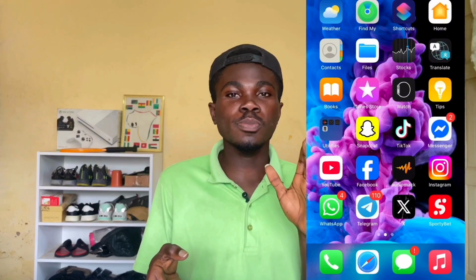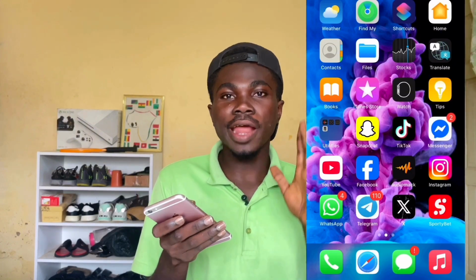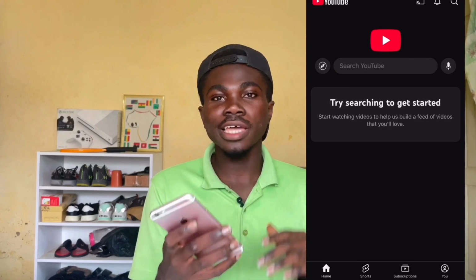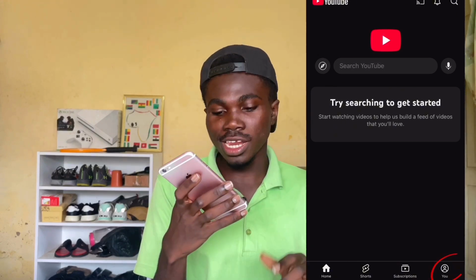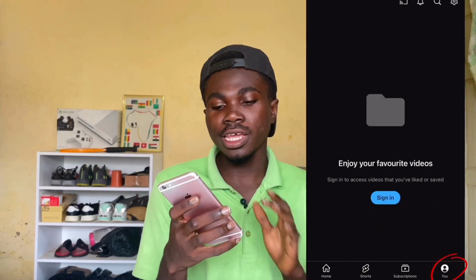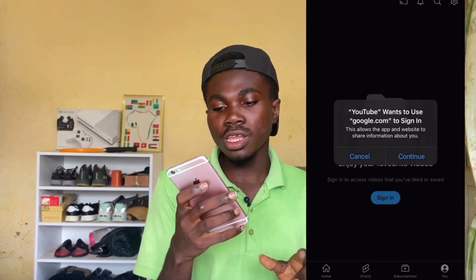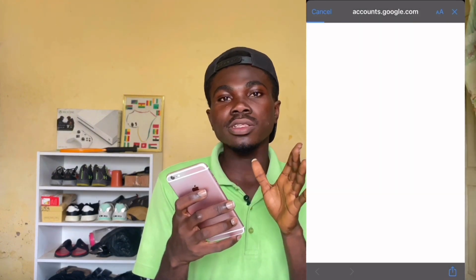Okay, so it's that simple. You might want to open your YouTube app right here. So after you've opened your YouTube app, at your bottom right corner, you see the You sign over there, and then you click on the You sign, and then you select sign in. After selecting sign in, you click on continue. Your YouTube account is connected to